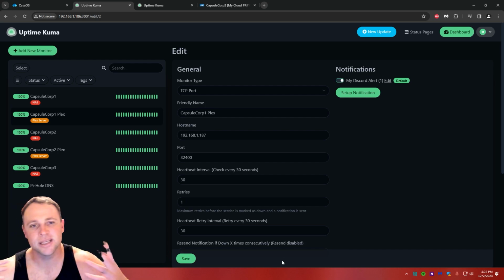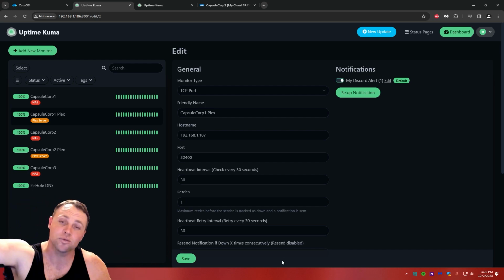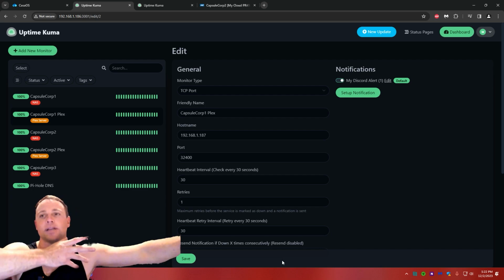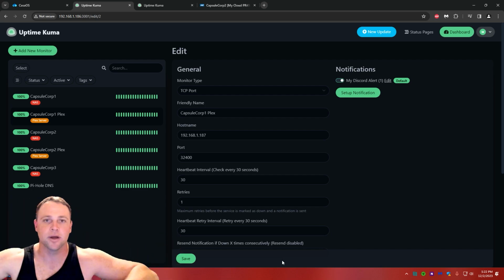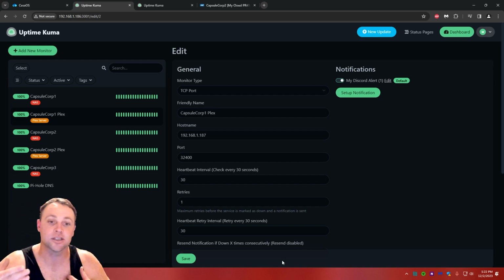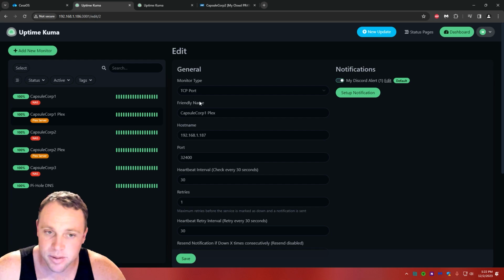So now we're gonna use the TCP port, because remember, Plex uses a port to get out. You host your own media at your house, but it goes through a port which goes out so other people can stream it. And the port that Plex uses to do that is 32400. So if you go down here, we got TCP port,